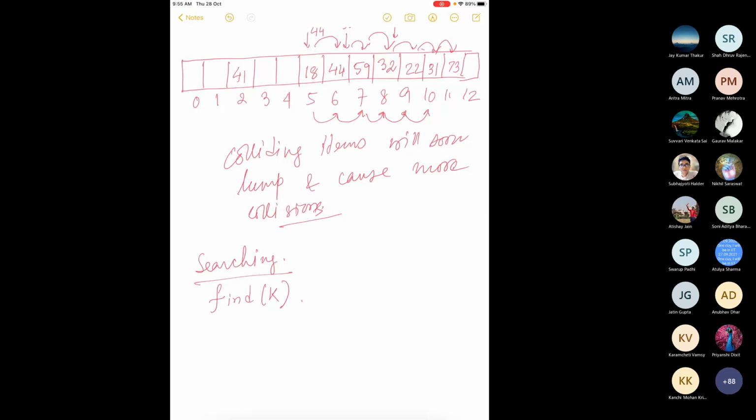Now how do I envisage to do this? Which cell should we start from? The hash value, h(k). Okay, and then we will keep probing